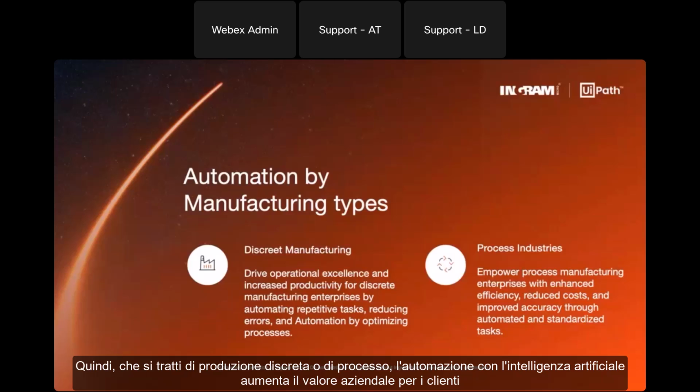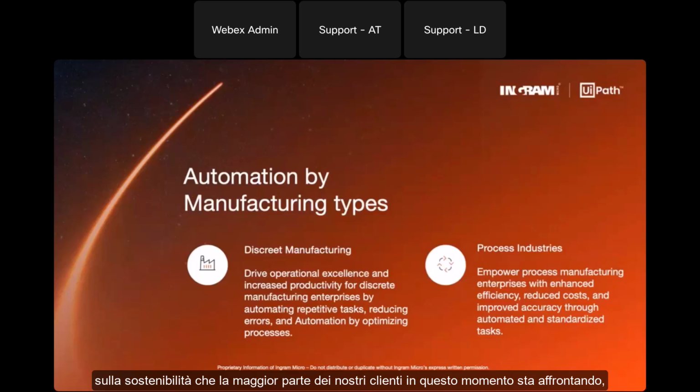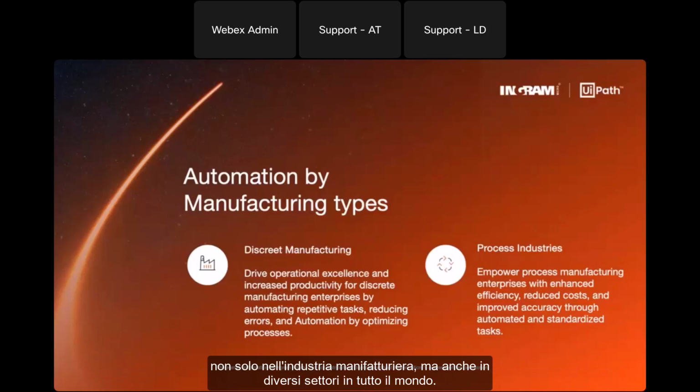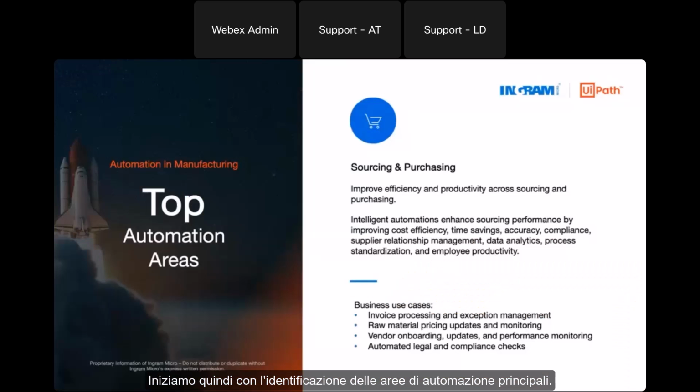So whether discrete or process manufacturing, the AI-powered automation drives business value for manufacturing customers in productivity, around the customer experience. It enables revenue growth. It enables also their compliance strategy, the sustainability regulations that most of our customers right now are facing, not only in the manufacturing industry, but in different industries around the globe. So starting with identifying the top automation areas, here we're just going to number these examples,